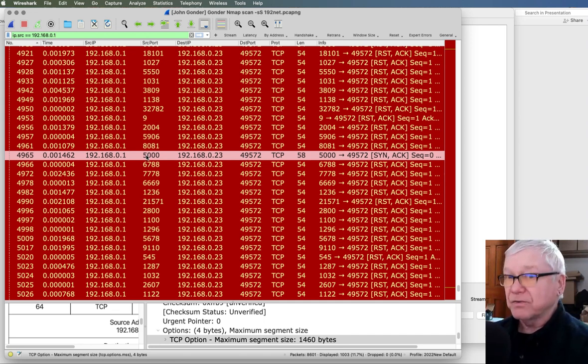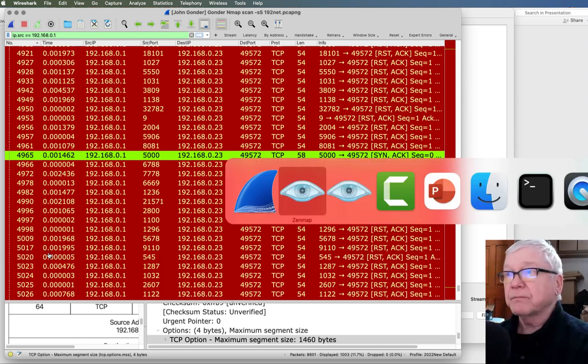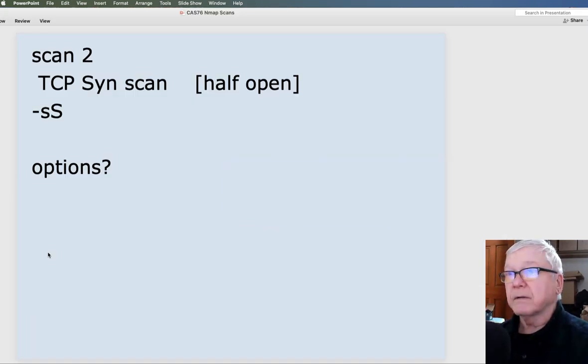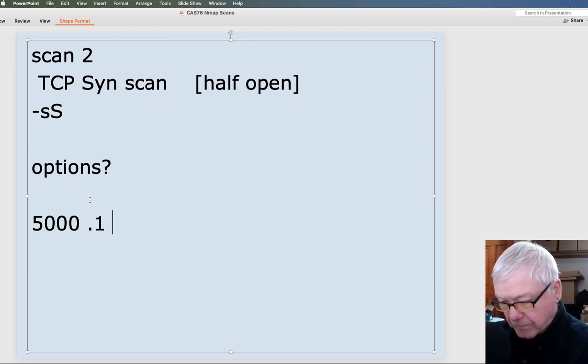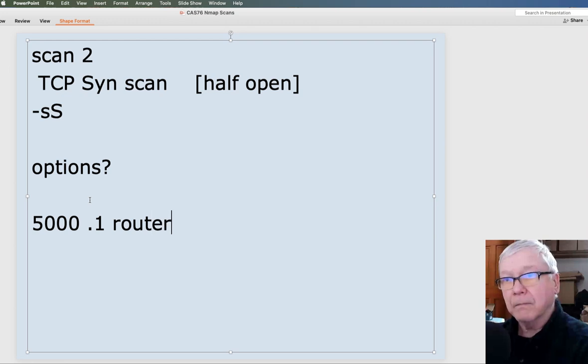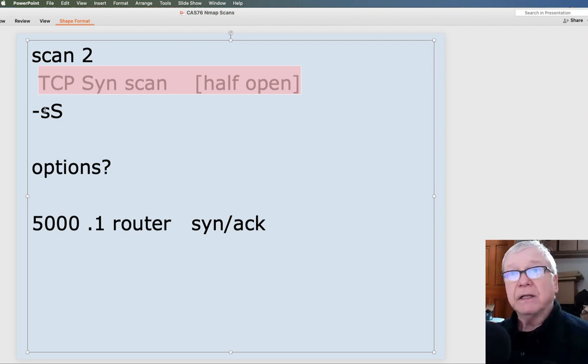Do we know what that is? Doesn't sound like a very standard port, but that .1 is my router, so that could be something that is unique to routers. I'm going to take a look at that, and that could be something for me to talk about. And when I'm taking my notes here, I'll start to make notes about things that I might want to talk about.